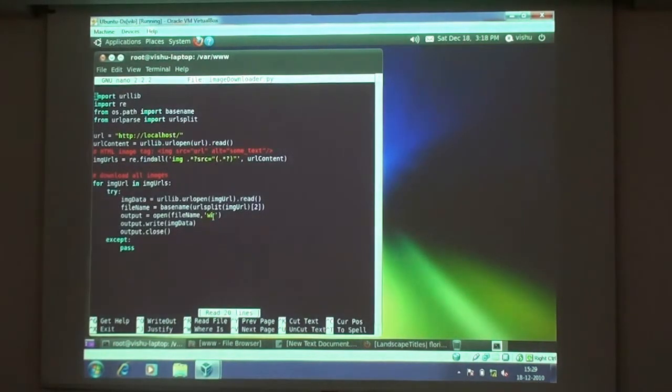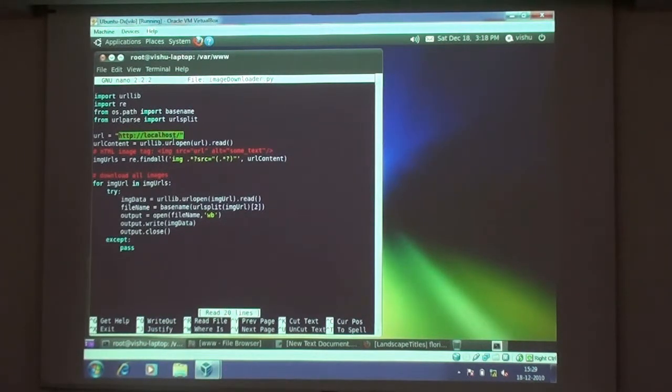Now let's see the working of this crawler. When we enter any URL at this place, the crawler will go to that URL, go to that web page and download all the images from that web page.